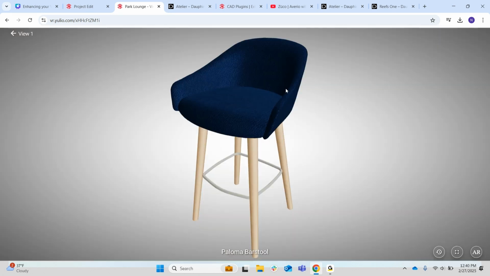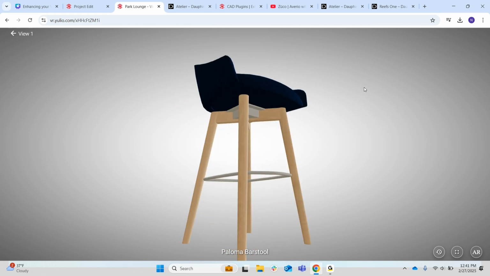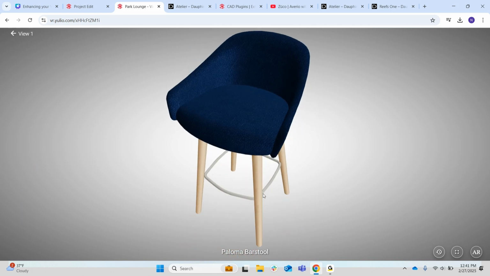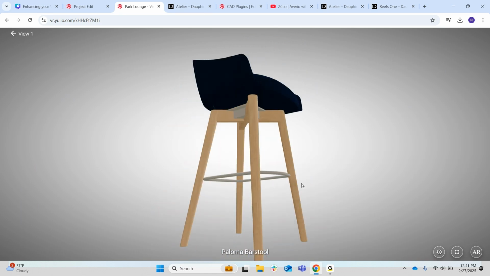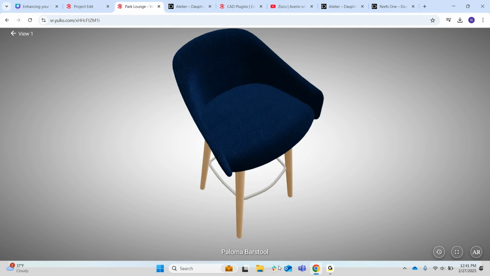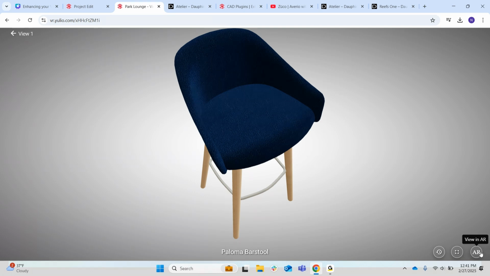So if you haven't tried AR with Yulio, now's your chance. When you click on the AR hotspot in browser mode from a computer, your experience will be restricted to kind of what you see here. So I can use my mouse to click and drag to rotate the object in full 360. To view the object in true AR from this page, I can click on this AR button at the bottom of the screen,